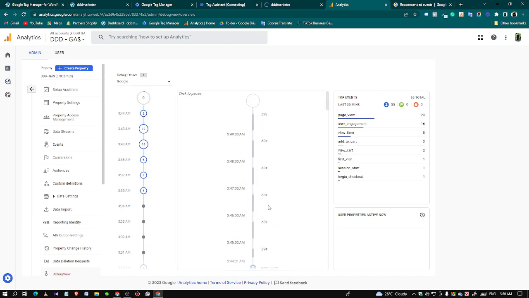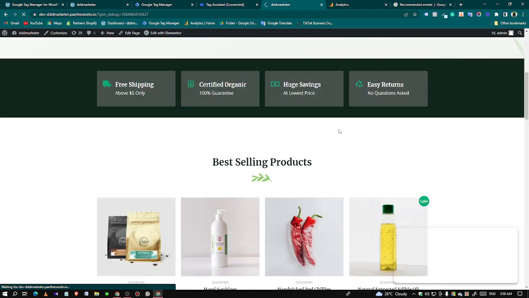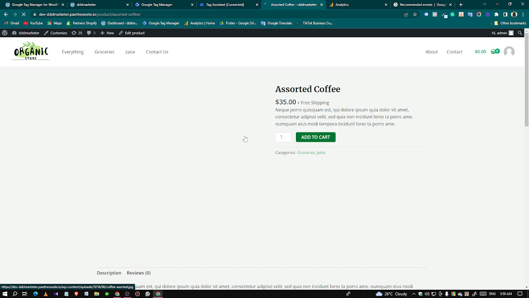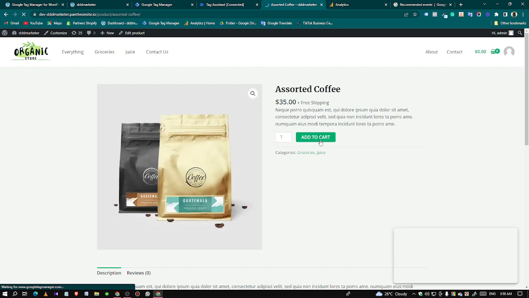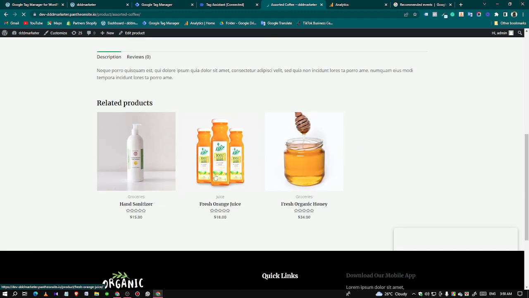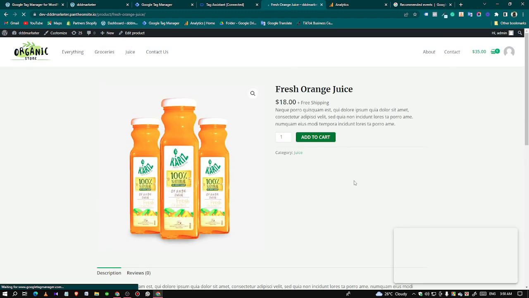Now we are already in debug mode, so let's check. If I click an individual product and add to cart, and then click another product and add to cart,